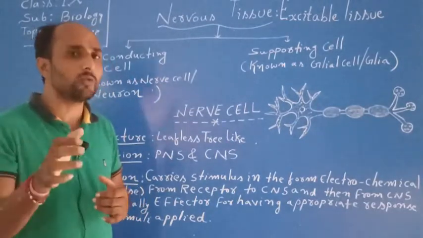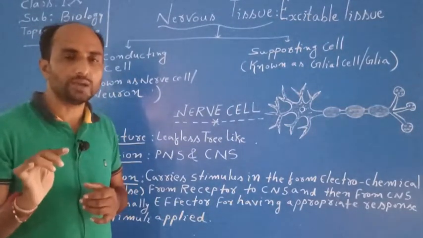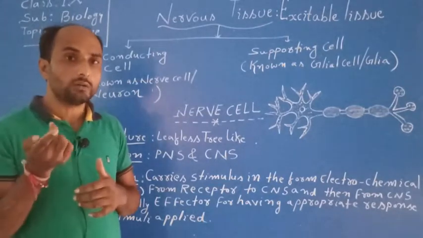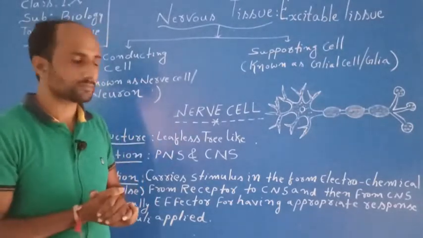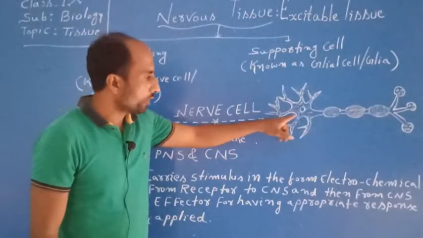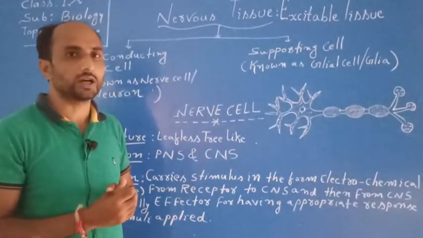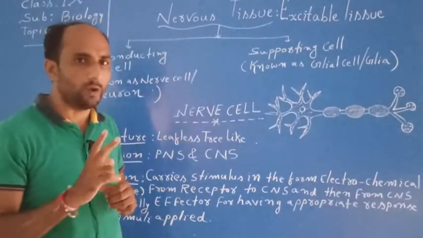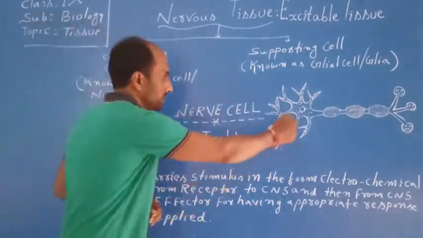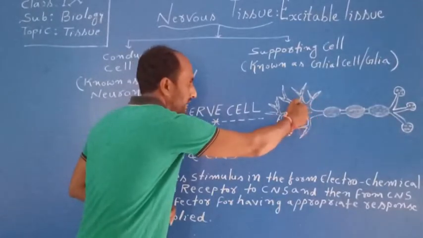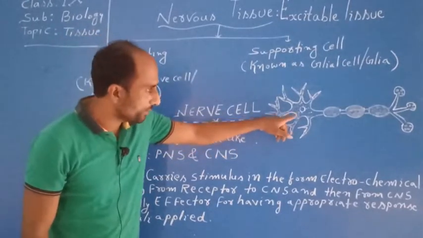Now, the branched part of the axon is known as axon terminal. The end part of the axon terminal is round, and that round end of the axon terminal is known as synaptic knob. Inside the cytoplasm of the synaptic knob there are small spherical bodies known as synaptic vesicles, and in the synaptic vesicles there is a special type of protein, the neurotransmitter, with the help of which one nerve cell communicates to the next nerve cell or to the effector cell.